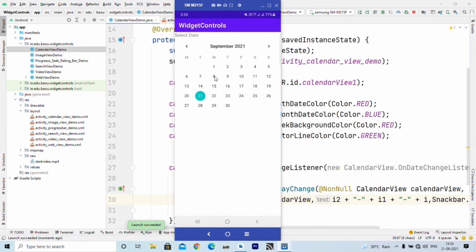Now I am clicking on some other date. Now you can see that it is 8/8/21. Now I can move to the next month by pressing this button, or move to the previous month by pressing this button, and whatever date is selected will be displayed inside the snack bar. So this is how we can use the calendar control to let the user select a date.